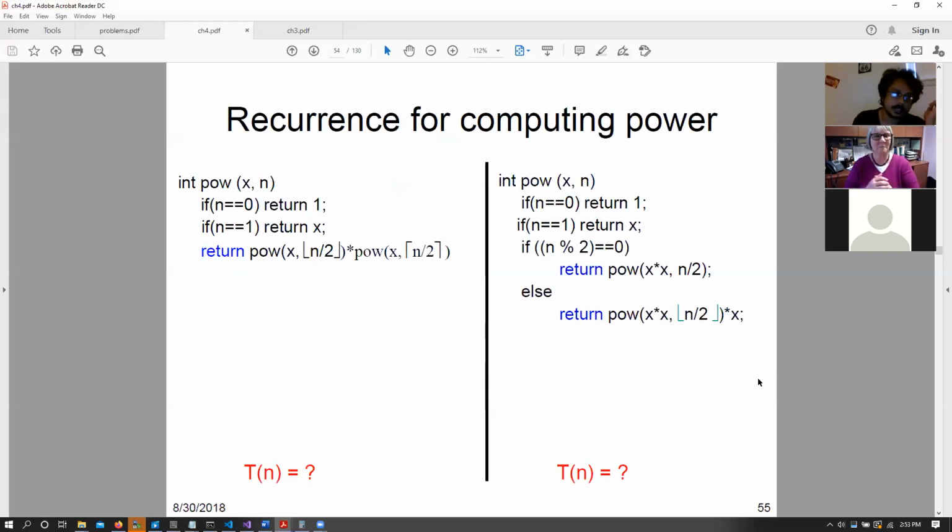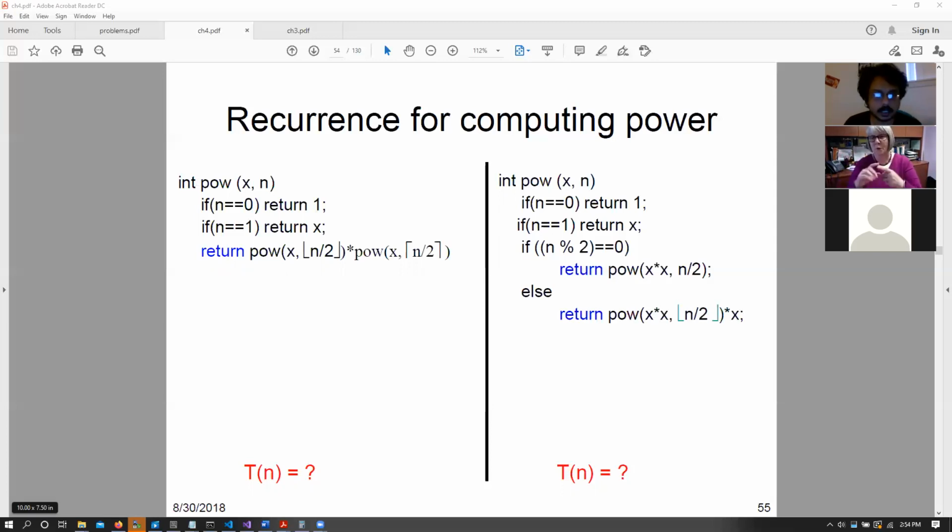So first, let's look at the recursion tree. It applies to functions where we have recursion, right? It only applies to cases where we have recursion, and we have to draw the recursion tree and then figure out and count the number of times we are executing something. So here we have two possible functions. Both of these functions compute x raised to the power of n.